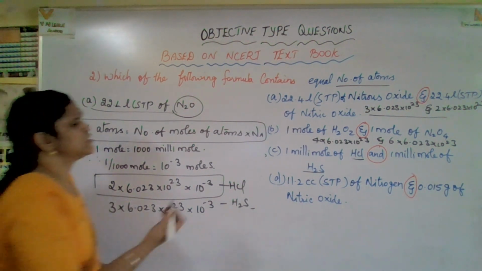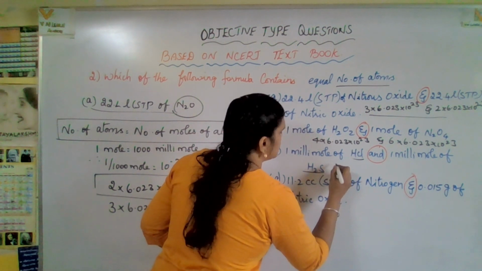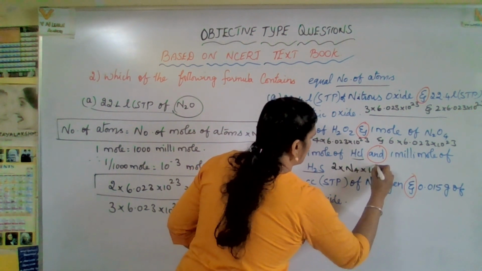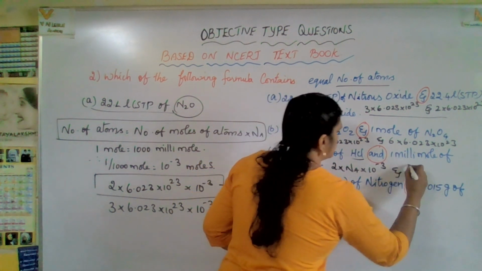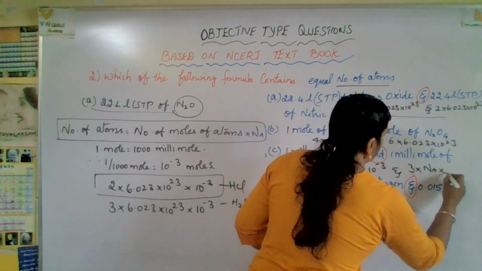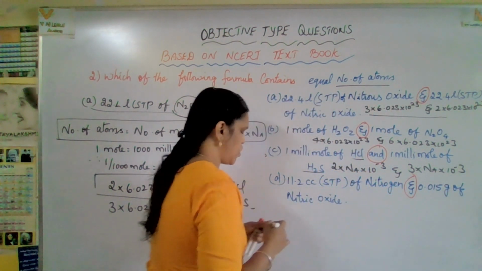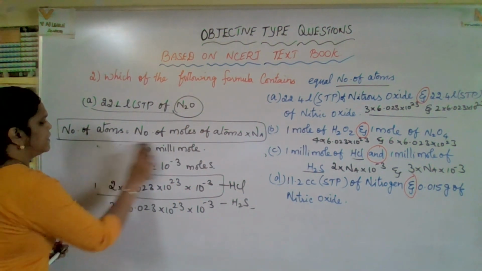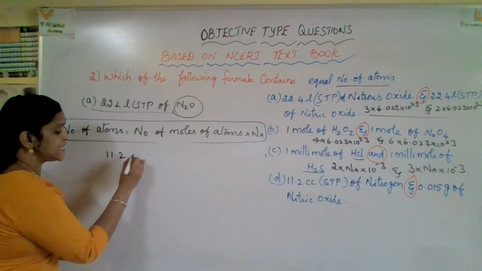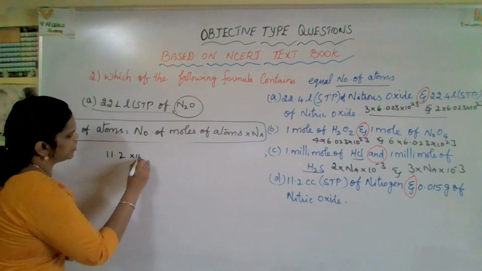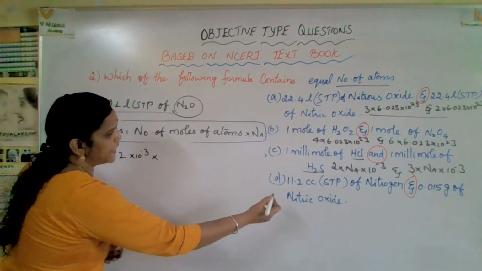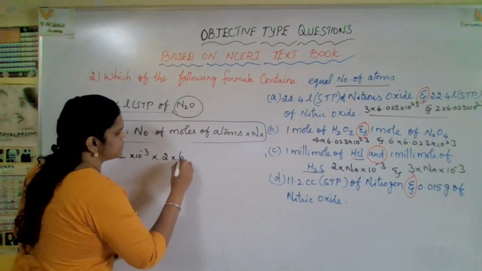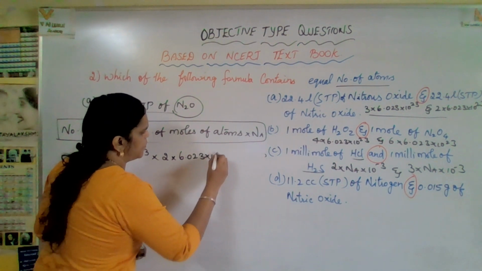So that means this is also not equal. So I just mentioned here 2 into Na into 10 to the power of minus 3 and 3 into Na into 10 to the power of minus 3. Yes, this is also not equal atoms. The next one, what it is? The next one, 0.2 cc. So cc we can convert it into 10 to the power of minus 3 and number of atoms 2 actually. So 2 into Avogadro number, 6.023 into 10 to the power of 23.